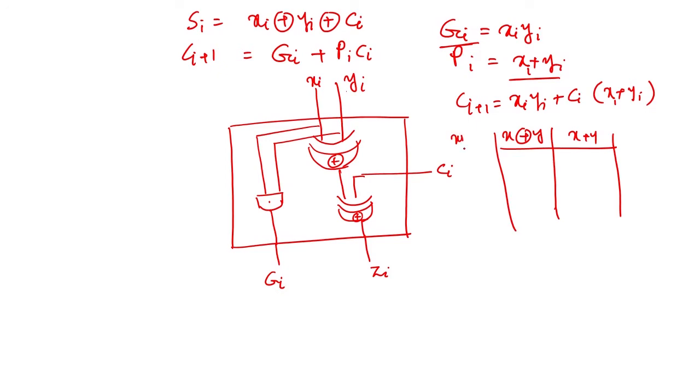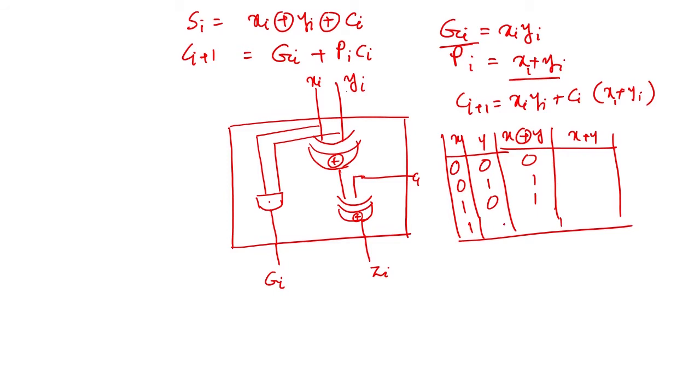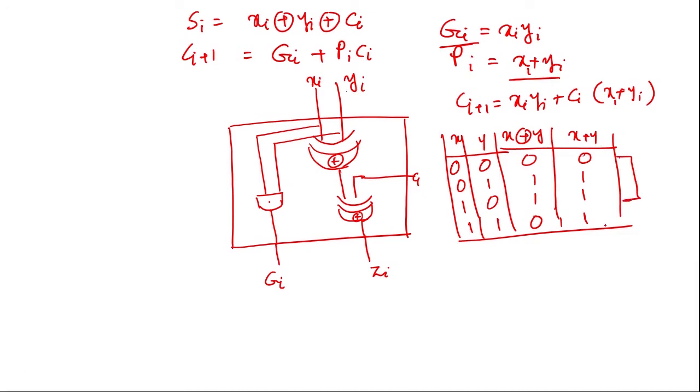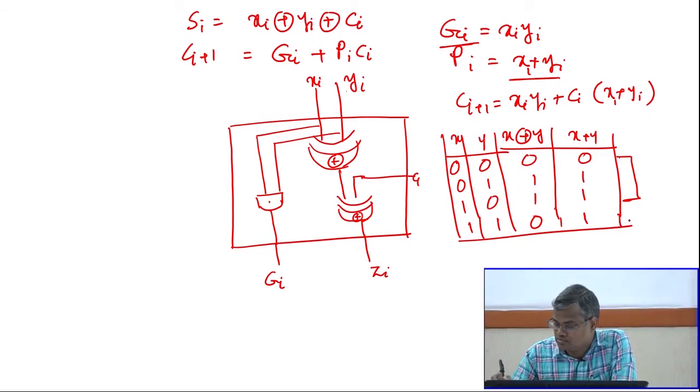Now, you have the inputs x and y. What is that? 0 0 gives 0, 0 1 gives 1, 1 0 gives 1, 1 1 gives 0, and what about the OR? 0 0 gives 0, 0 1 gives 1, 1 0 gives 1, 1 1 gives 1. So, there is not much difference between the XOR gate and the OR gate. You see 3 inputs are matching, the only one not matching is the last input.